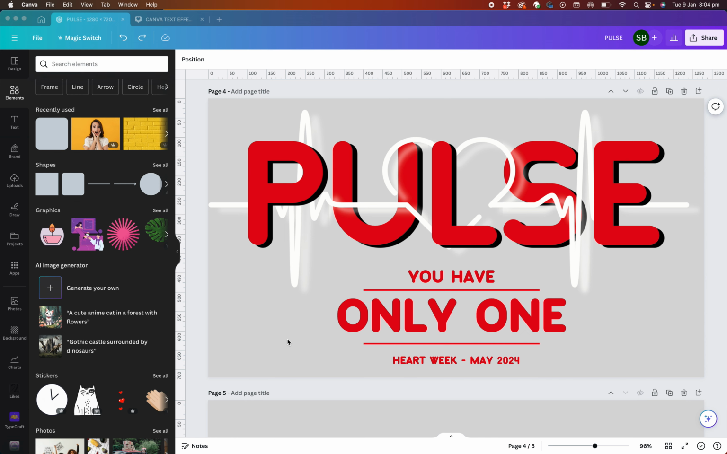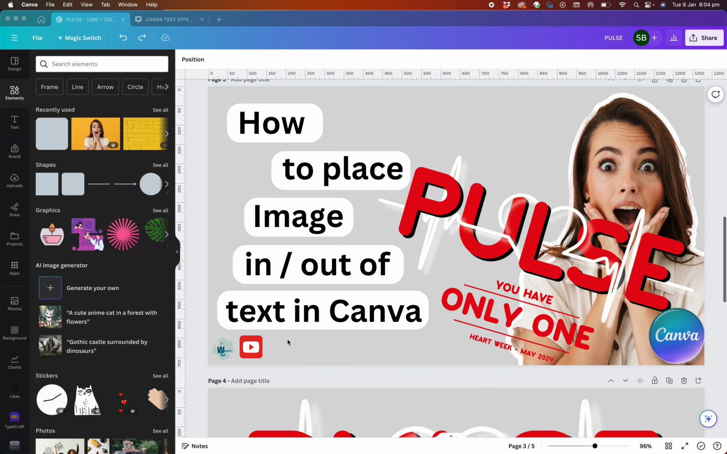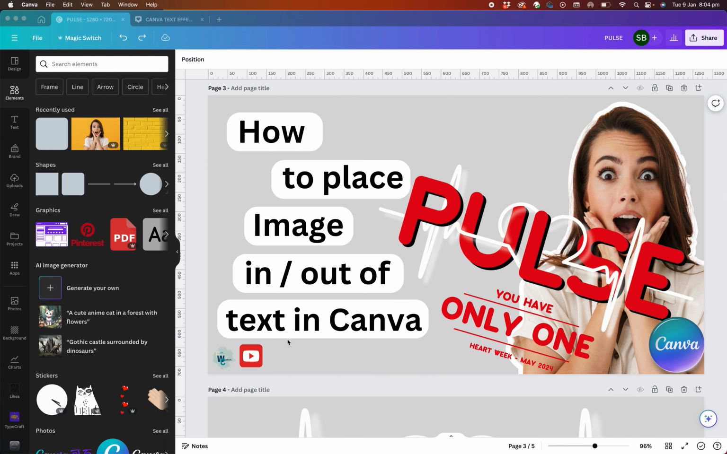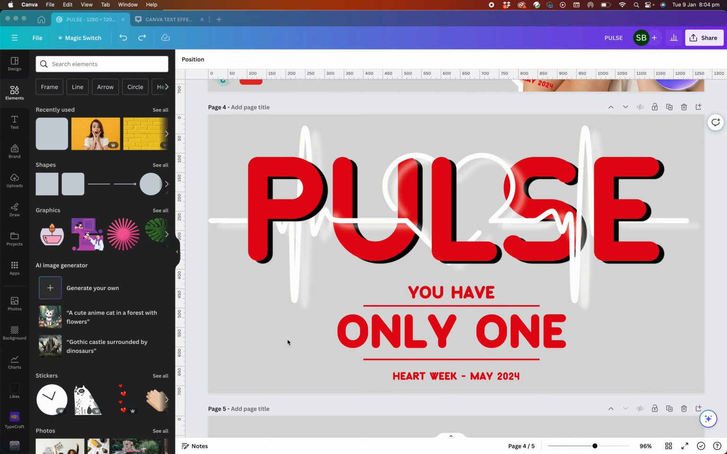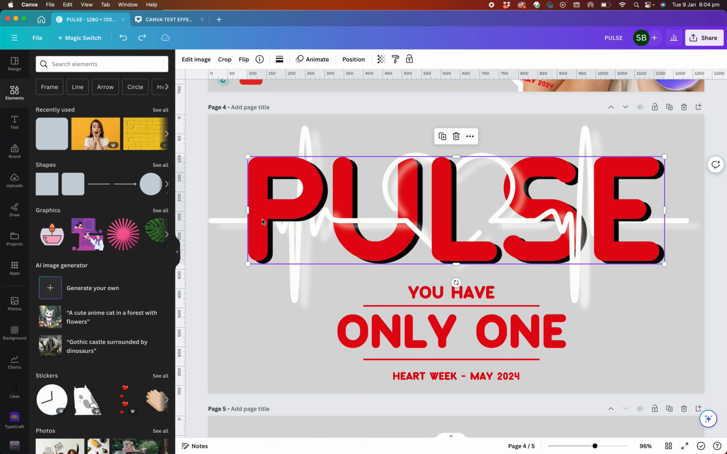So in this tutorial we're going to be looking at how to place an image in and out of text in Canva. So I'm going to use a design I put together previously just to make this go a little bit quicker. So this is the end result that we're looking for. So I've created that as an image and then dragged in a few other things from elements to create this